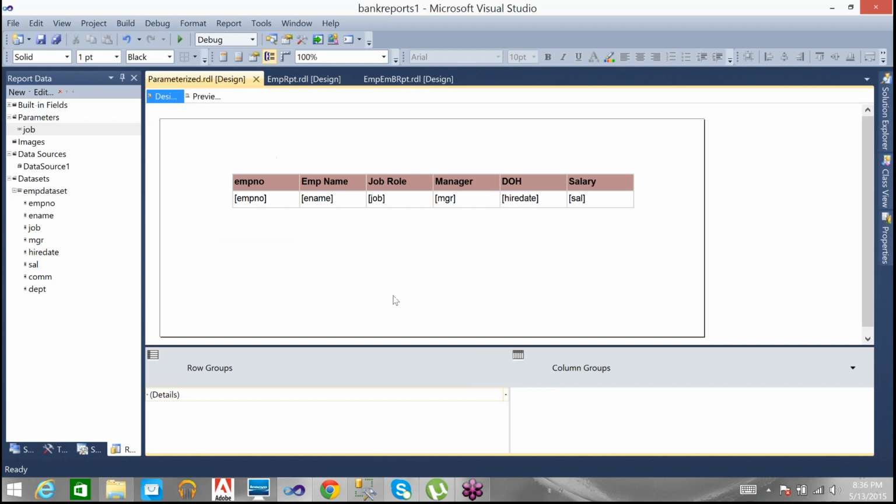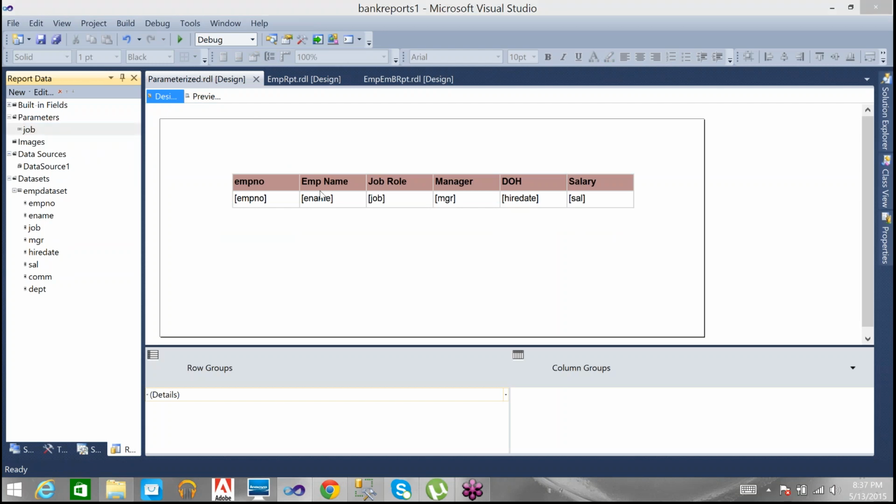Everybody just concentrate. This requirement will keep increasing. Initially, we developed the report with the parameter. That's good. But while entering the values for the parameter, they want something easy. They don't want to enter manually. They want those values to be automatically available in the parameter box, like a drop down. Then what do we need to do? Go to the parameter properties. Go to the parameter section. Go to the parameter job.